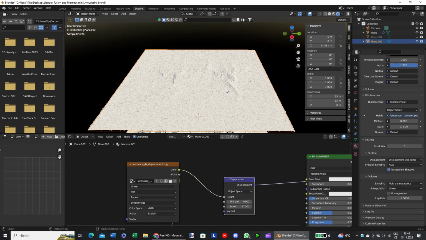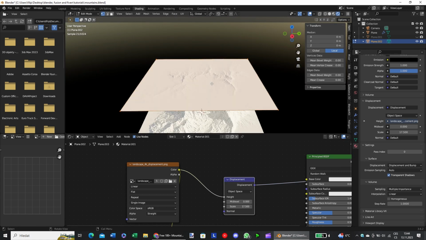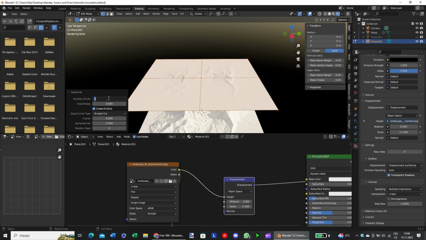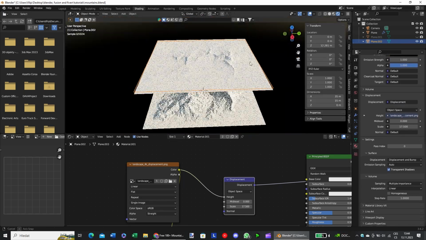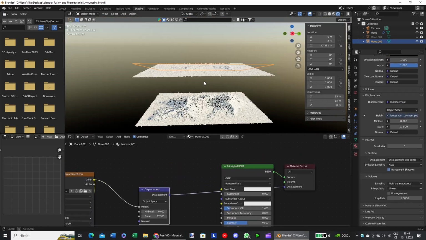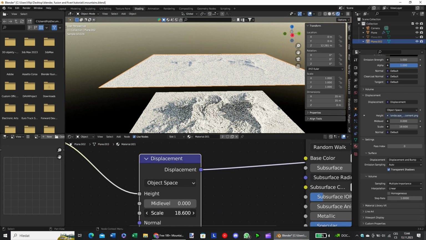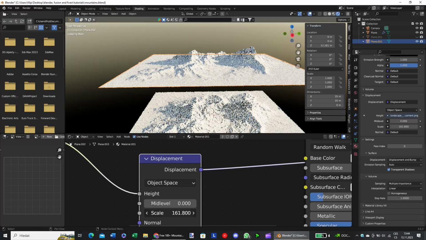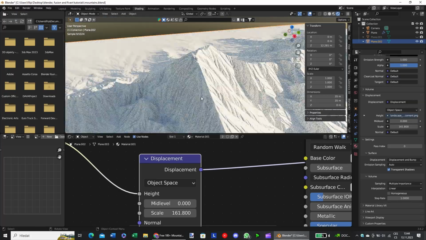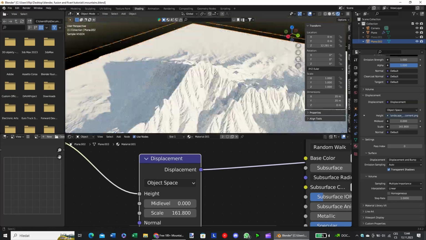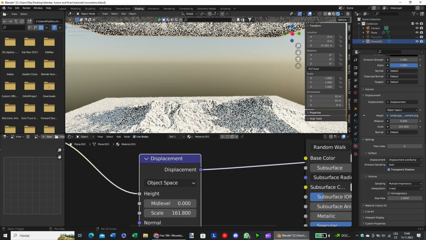Now, what you need to do is go to edit mode, select all, and subdivide it by 100. Now that's gonna add geometry. You see, that's gonna add squares. And using displacement, you're basically gonna scale up or push up that geometry, and it's gonna create those mountains you need. So